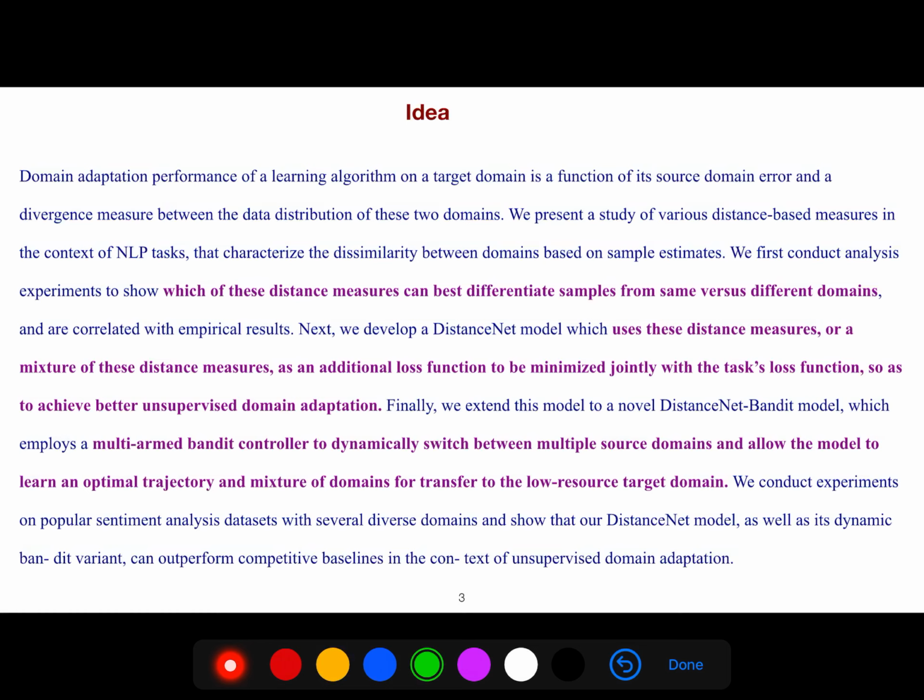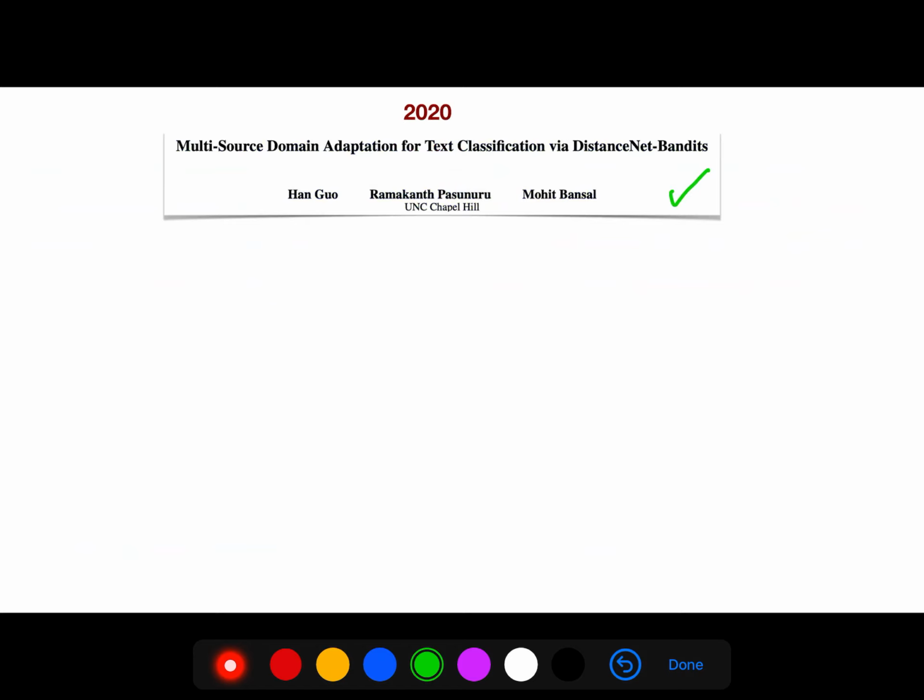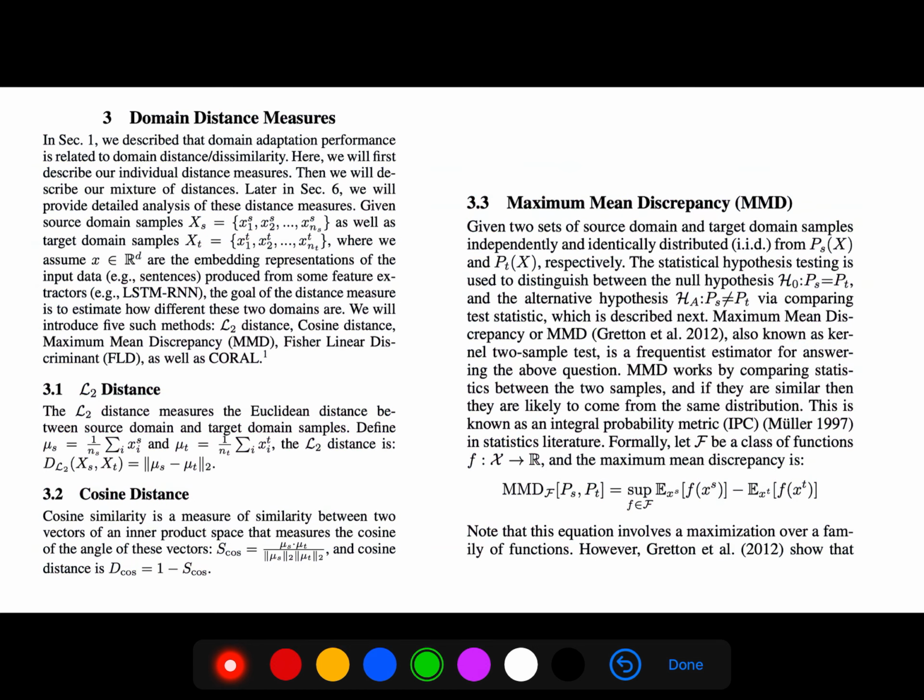And next, we developed a DistanceNet model which uses these distance measures, or a mixture of them, as an additional loss function to be minimized jointly with the task loss so as to achieve better unsupervised domain adaptation. This paper is from UNC Chapel Hill. Okay, so